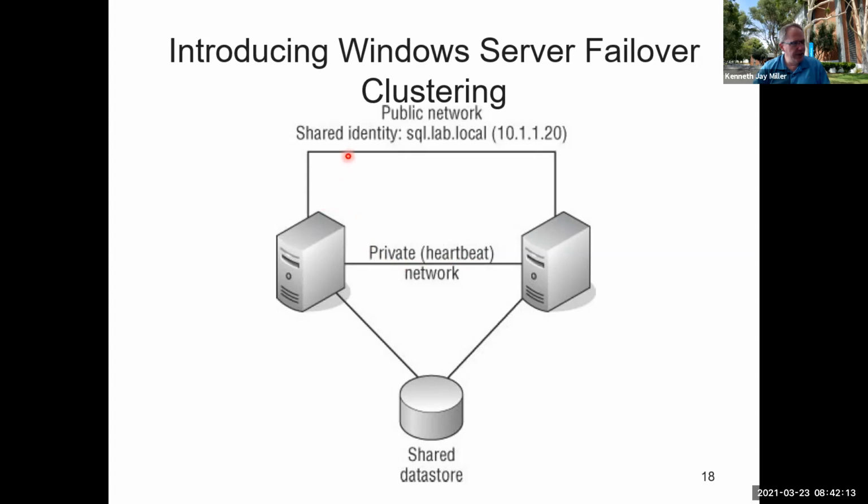Now the shared network, the public network, this may be gigabit or 10 gigabit, whereas the private network can be 10 megabits if we wanted to. It would probably be at least gig, but it doesn't need to be a high speed network, because all this is node